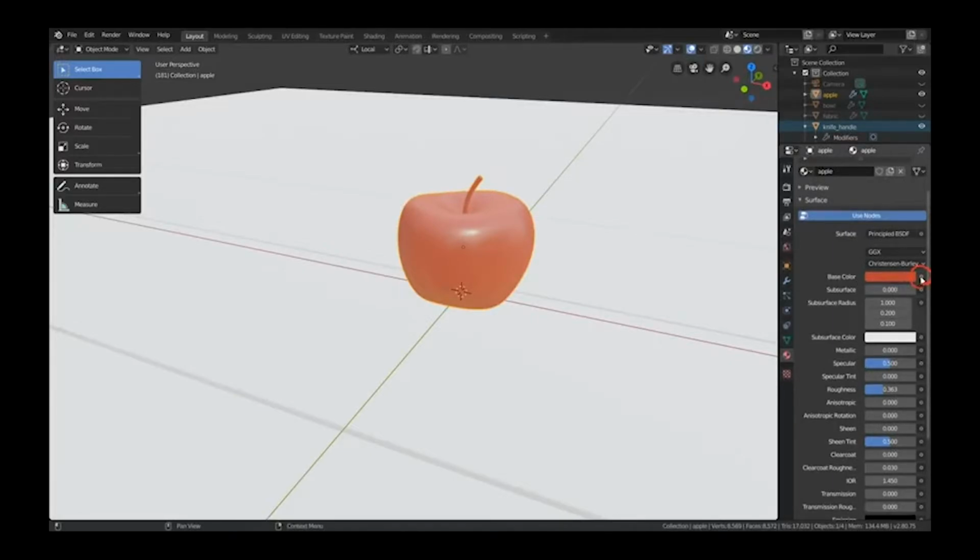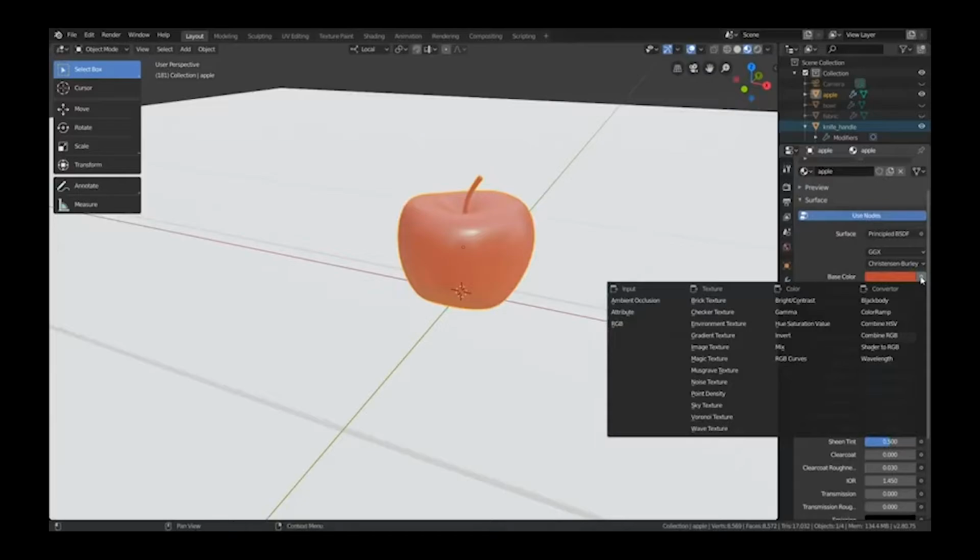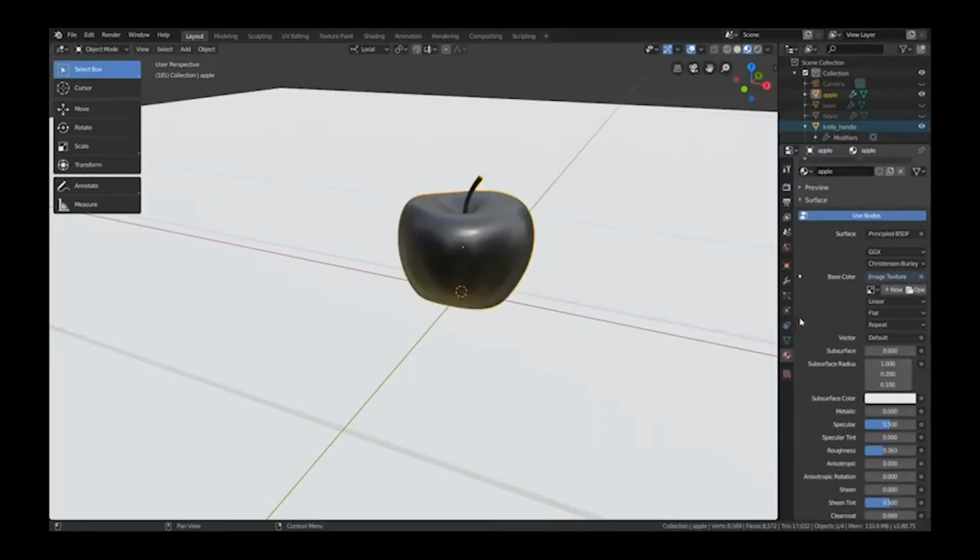And for that, we click on this little dot behind the color. And here in the textures category, we choose image texture. Now you can see the color will be replaced with the texture. And now we can either open this from our hard drive, create a new plain image, or we can take